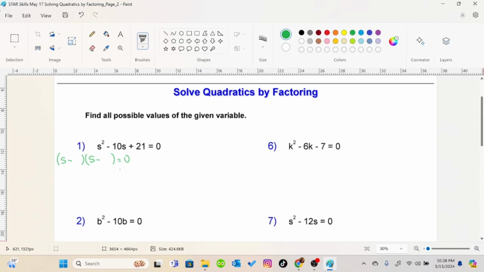We could try -1, -21, but that wouldn't work. And then we could try -3 and -7, and that would work. So -7 times -3 would be +21, and -7 minus 3 would be -10. Now that we have it in factored form, first we take